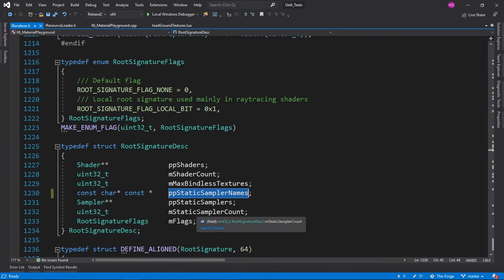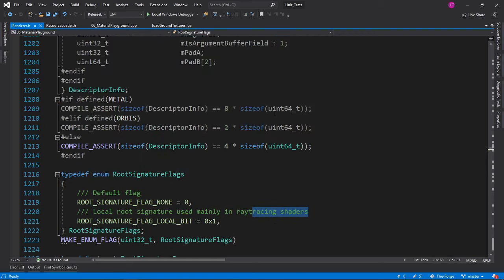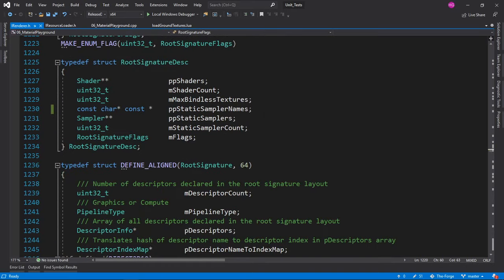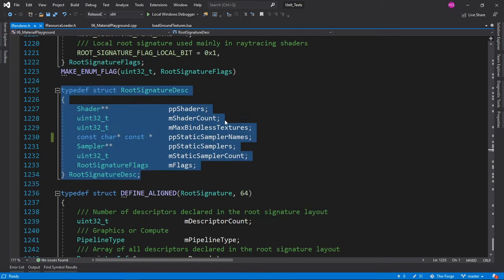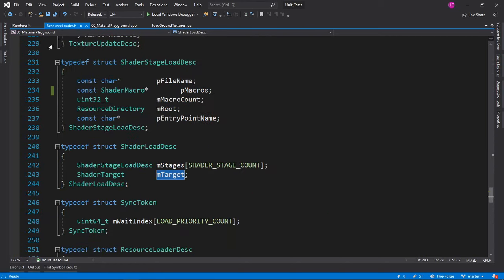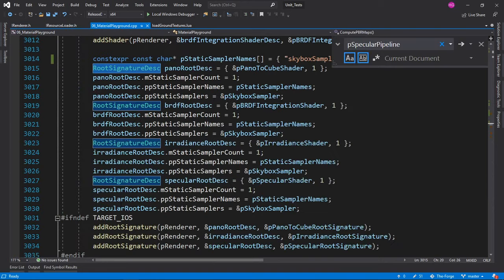So, static sampler name, root signature descriptor, local root signature used mainly in ray tracing shaders. I don't know. We will get back to this. I don't know what these root shader descriptors are.